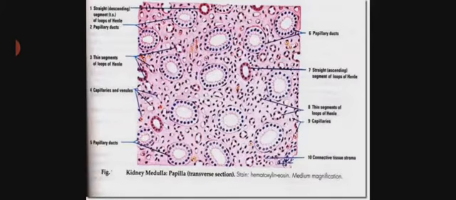This is another enlarged view of a section of the kidney, particularly the medulla part, where you can see a number of projections, like papillary ducts, capillaries and veins. You will also see the papillary ducts here again, and straight tubule sections and thin segment sections, and then capillaries here, and connective tissue fibers or stroma. So these are the things that you can see in the medulla part.